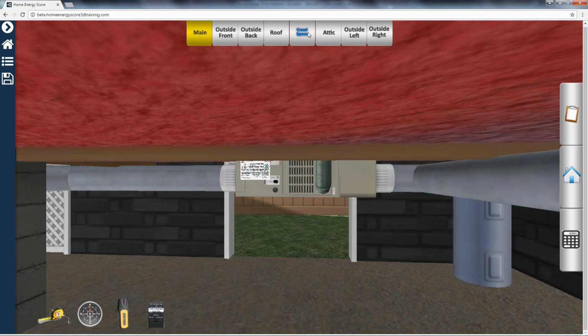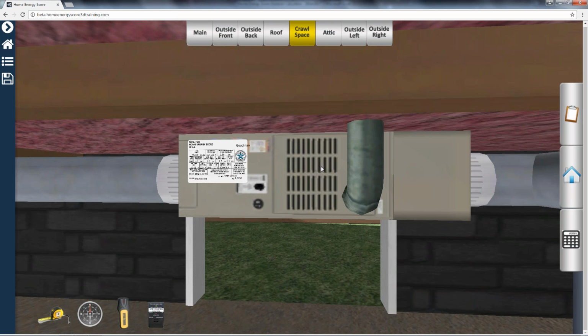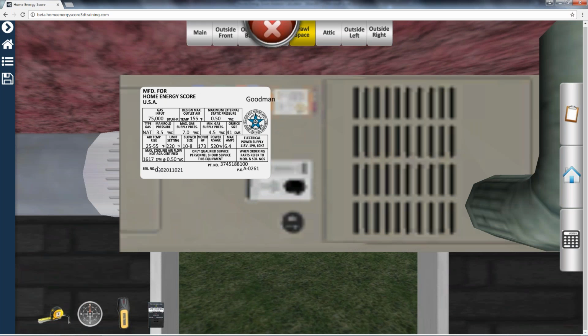So let's go down to the crawl space right quick, and we're going to look at our furnace. So we have a gas furnace here. We have what's called an induced draft gas furnace. There are pictures in the documentation that show you how to distinguish between the furnace types. We're going to click on the label. Based on the serial number and a website, I'm going to skip the website again in the interest of time, that will tell you how to interpret this serial number to date the system. In this case, the 0402 indicates that the date of the system was